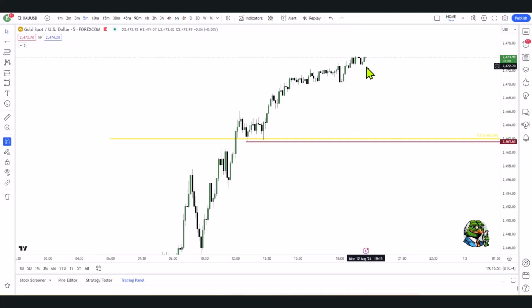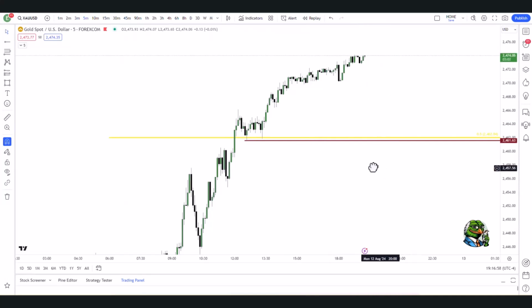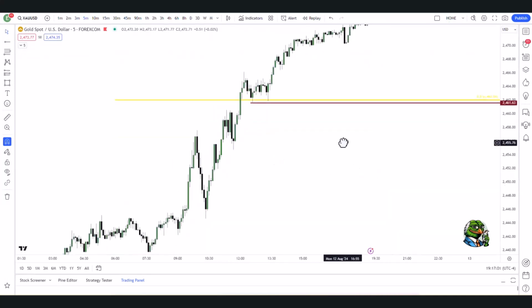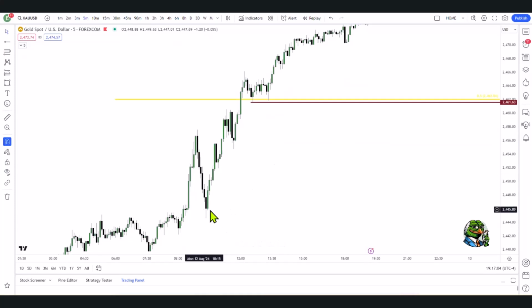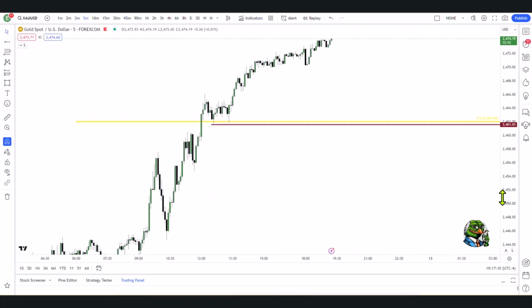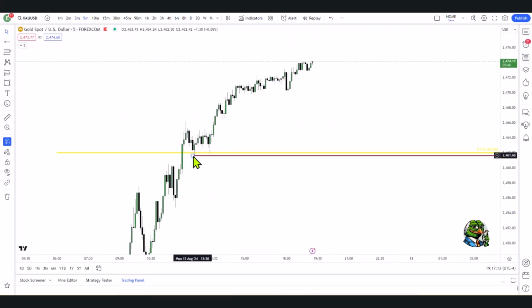Also, it doesn't mean that if we do get a dump down, we couldn't go through that level. It's all about time. I want to see a dump down to some level. That's one level I've identified. We could get down even lower. I don't think we will, but we could. It all comes down to what time we get to wherever it's going, and then what I see once we get down there. But this is just one level I've identified. There's actually a level higher.